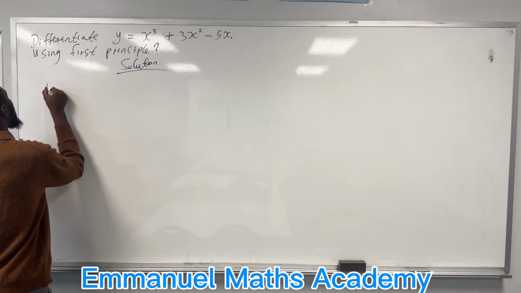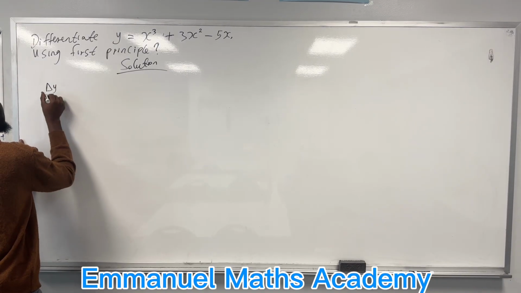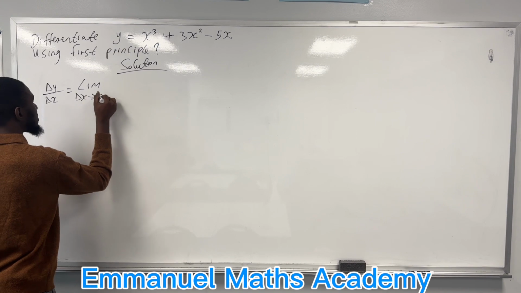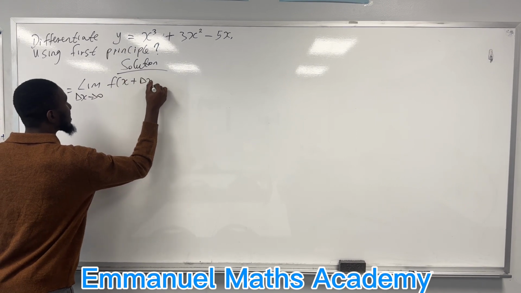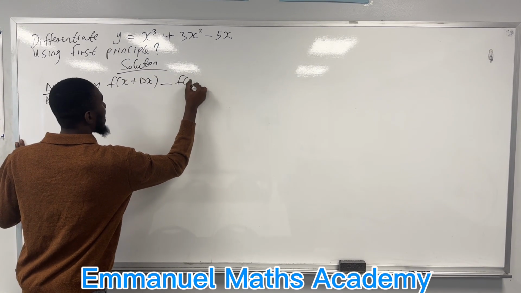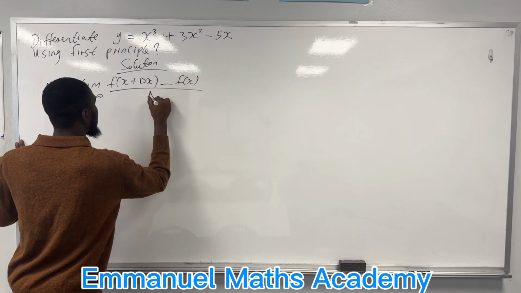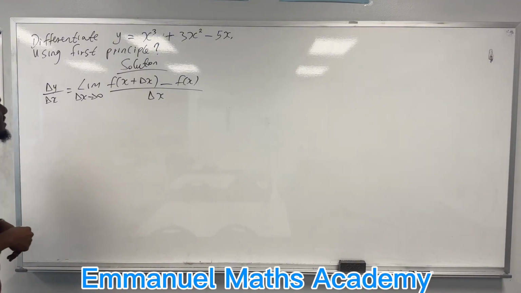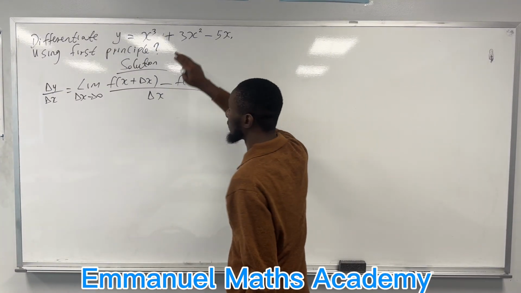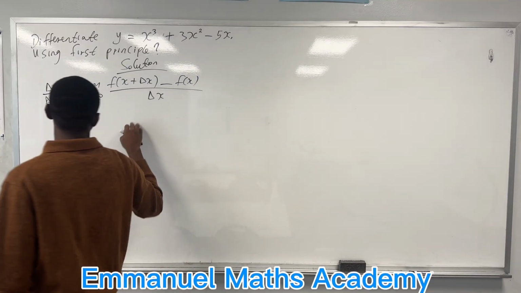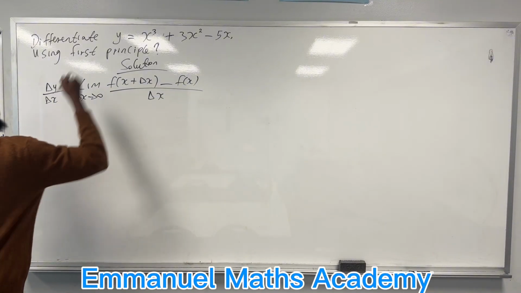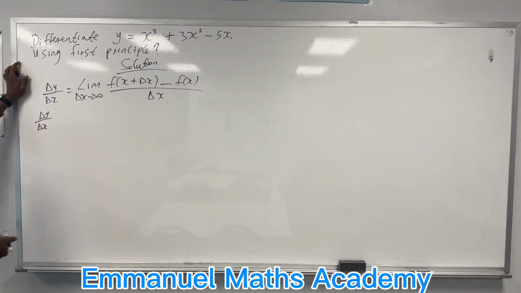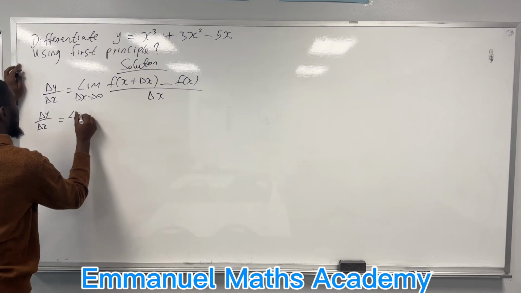Which is change in y over change in x equal to the limit as change in x tends to 0 of f of x plus delta x minus f of x all over delta x. Right? So the next thing you need to do is change everything here, put it in the form of this definition. So here we have change in y over change in x, or delta y over delta x, is equal to the limit as delta